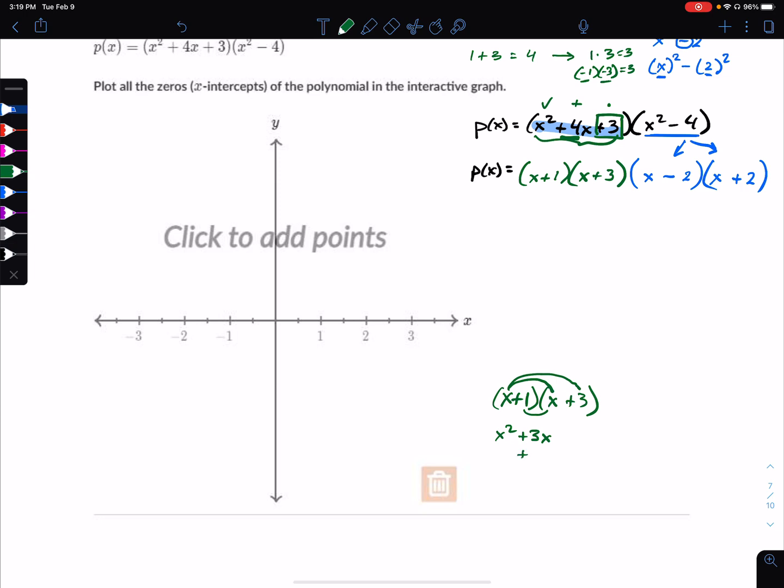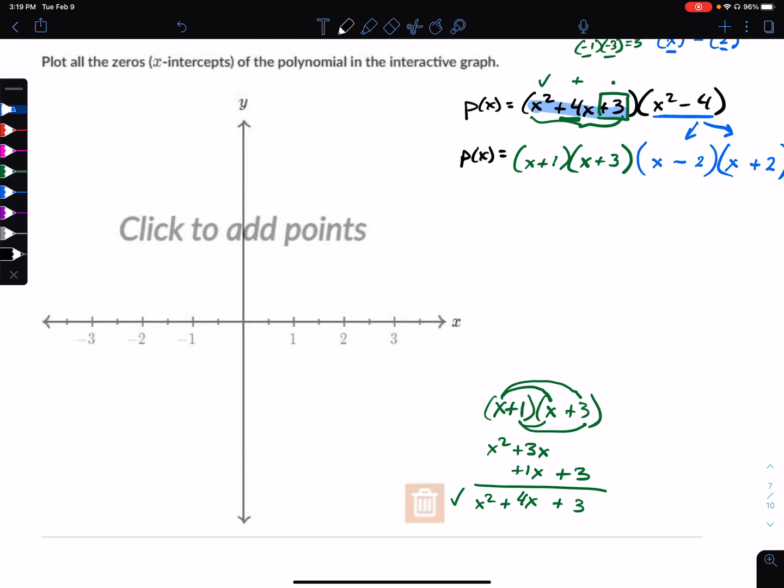I get 1x from that product, and then I get my 3 from that last distribution. So here's the 4x, and then 3, of course, we get, because we used factors of 3. So you combine all those like terms, and we totally verify that this, in fact, does distribute back to what we started with. Okay,